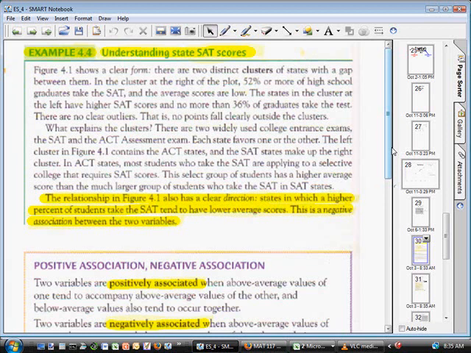Each state favors one or the other. So, for example, Wisconsin is ACT. If you're in Michigan, I can tell you right now it's SAT. It's just kind of the State Department of Education, I guess, makes a declaration and says, I want everybody to use this, and then they tell you. This select group of students, so anyway, in ACT states, most students who take the SAT are applying to a